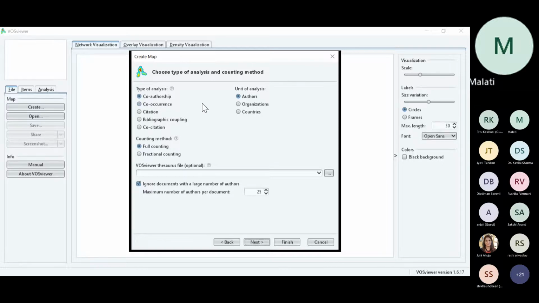So how authors are collaborating and writing papers with each other, you can find out. You can conduct such analysis when you select co-authorship analysis. Based on author, organization, and countries, their co-authorship and collaboration can be found out and analyzed.